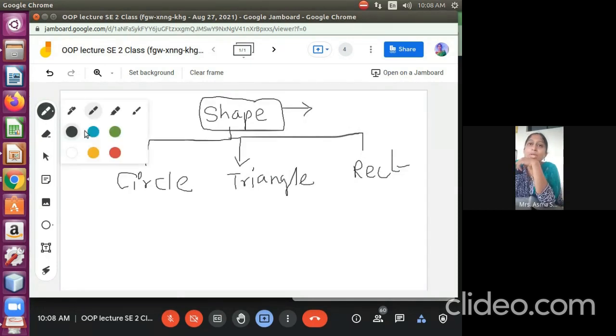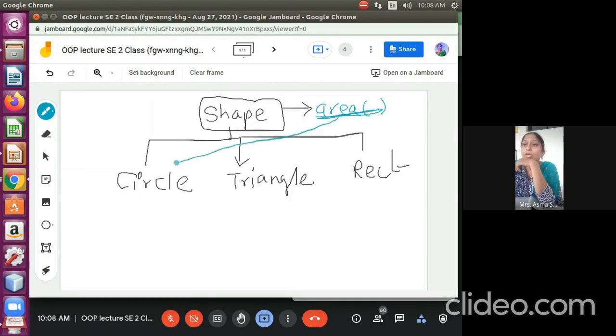That function name is area. If I am going to use this area function in a circle, I think the formula is pi into r square. Yes, pi into r square.